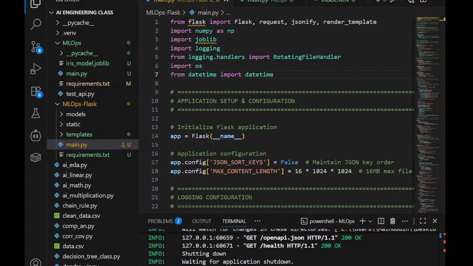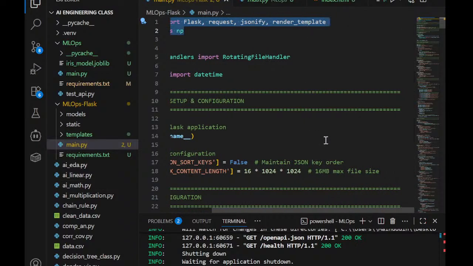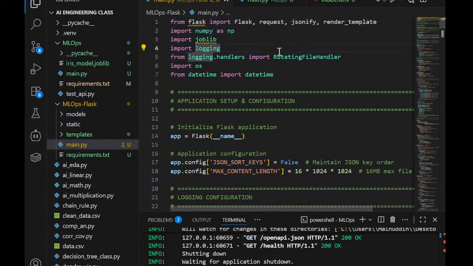So of course the imports: from Flask import Flask, request, jsonify, render_template; import numpy as np; import joblib; from logging.handlers import RotatingFileHandler; import os; from datetime import datetime. So for the first line, from Flask,